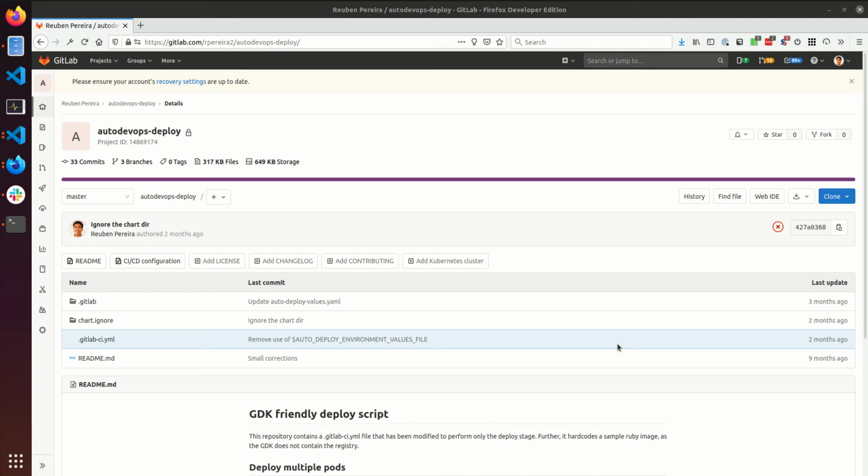In this video, I will be installing Postgres into a Kubernetes cluster using the official Helm chart and a Postgres exporter to export metrics to Prometheus.